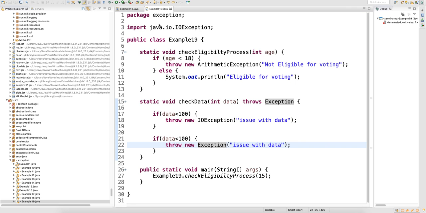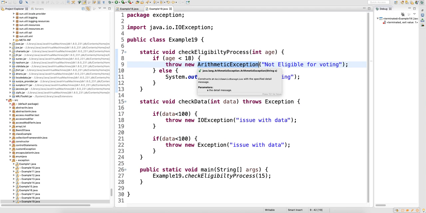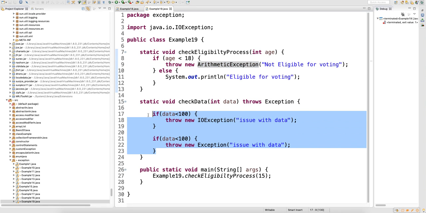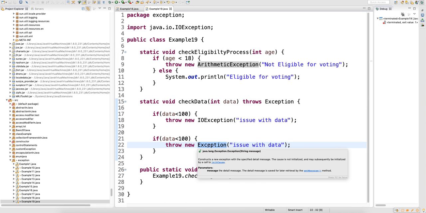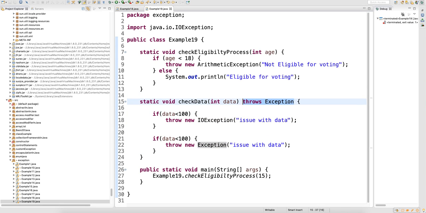See, the learning here is, people will ask you, what happens when you throw arithmetic exceptions? Will the compiler complain? Say that no. When we throw runtime exceptions, the compiler will not complain, but when I throw checked exceptions, compile time exceptions or throwable type exceptions, then the compiler will complain and force me to use the throws keyword here, right? Either you do like this, or